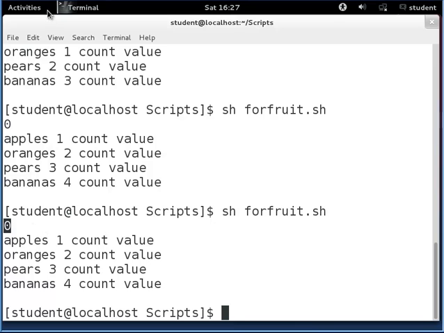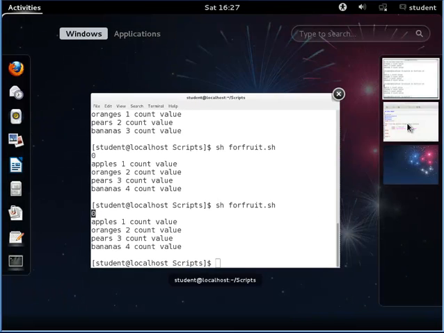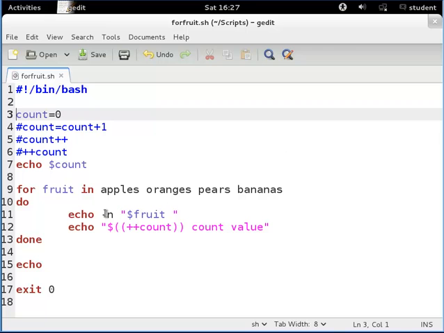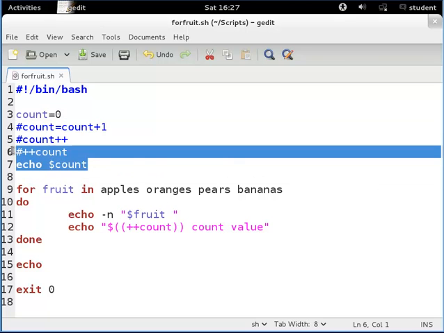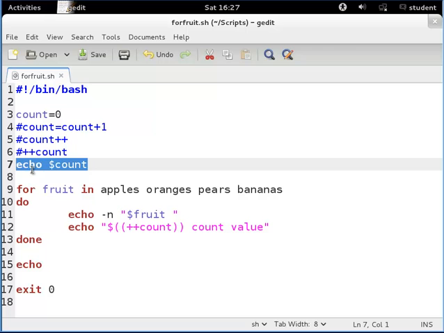The 0 above apples is the actual count. If you need, I echoed it right here. See? So I displayed it, and that's why it's displaying 0. If you want, what I can